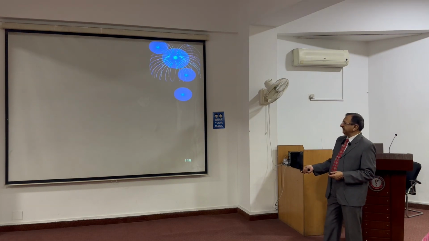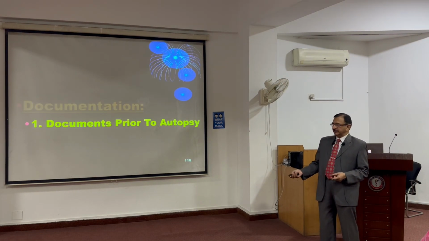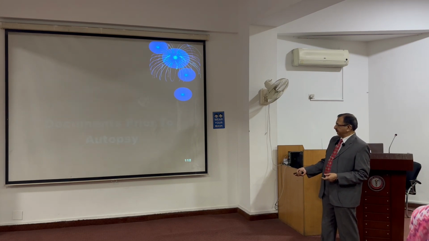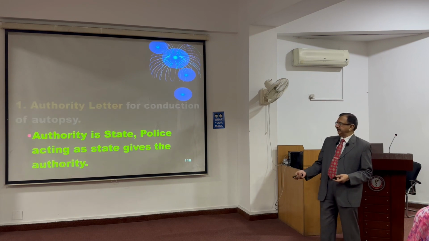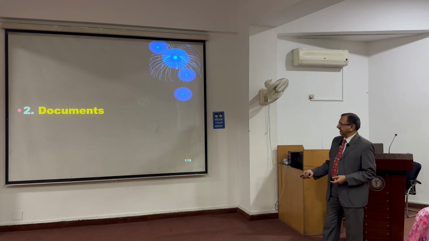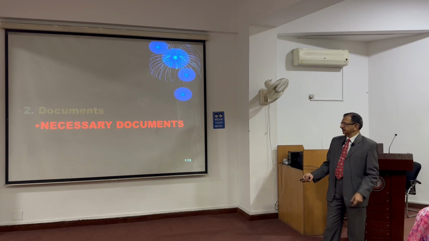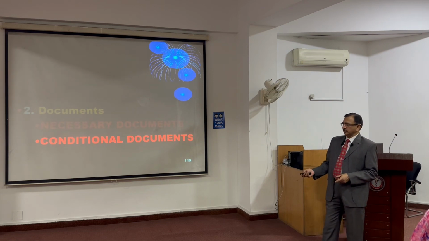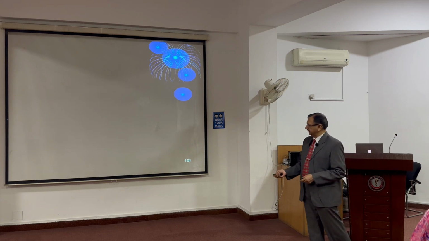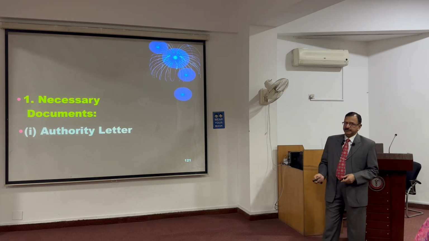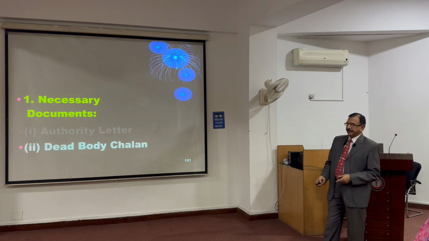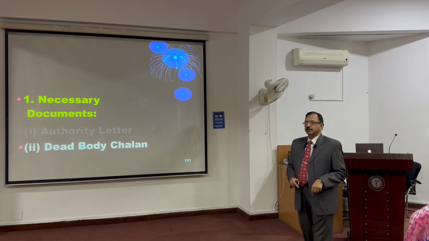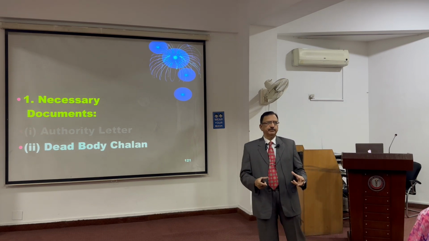Then other formalities, जो डॉक्यूमेंटेशन है रिक्वायर्ड प्री ऑटोप्सी एंड पोस्ट ऑटोप्सी। प्री ऑटोप्सी मोस्ट इंपॉर्टेंट इज द अथॉरिटी लेटर and authority the state it is issued by the police. So there are certain necessary document and conditional document. Necessary document, authority letter, most important. Then dead body challan, which is a paper, and this challan merg form इसको कहती है